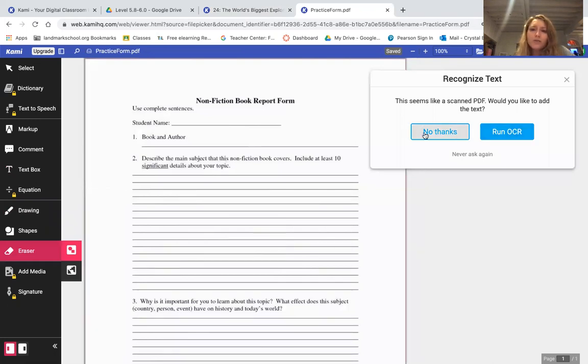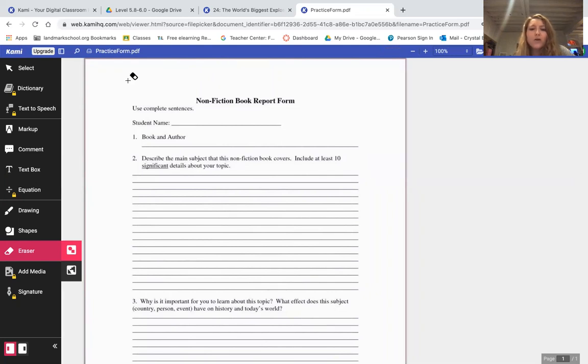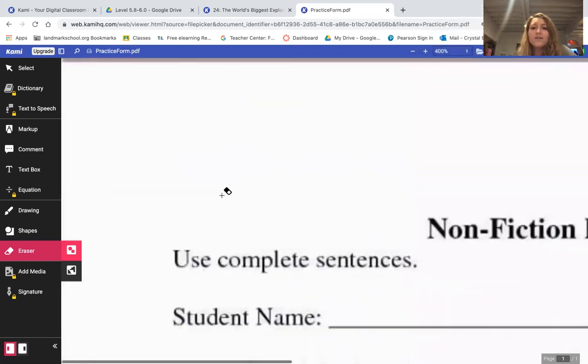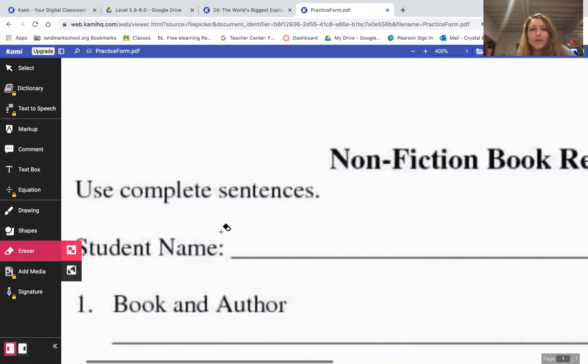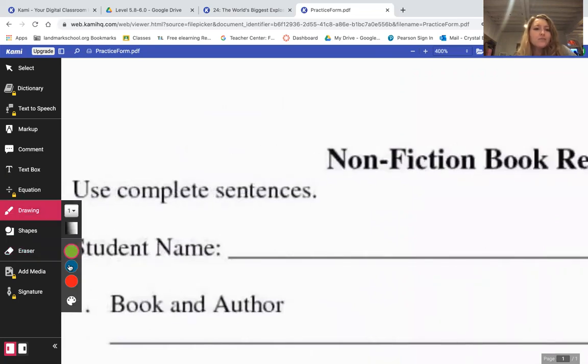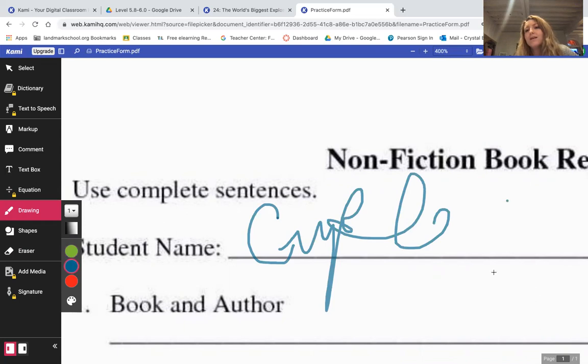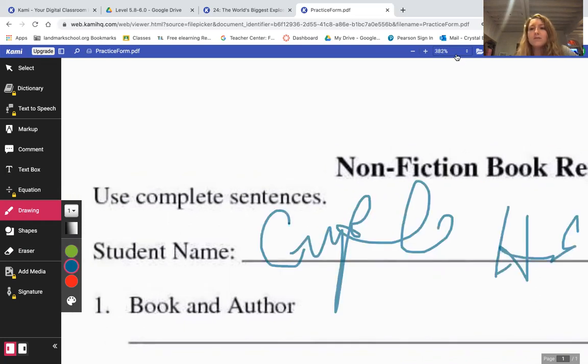So on this particular version, I know exactly what this is, so I'm not going to run OCR on this one. However, if I do go up to the zoom button over here, zooming in as far as I can, I'm going to use this space here. This is a book report. If you wanted to have your students practice a signature, you could. I like to choose the blue whenever I'm signing a PDF. And I can fill it out that way. And then once I zoom out,